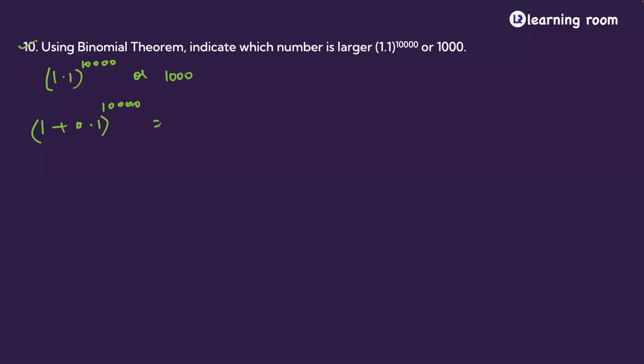So what is going to be the first number? It will be 10,000 C0, right? Plus 10,000 C1, 0.1 raised to the power 1. So what is the next term going to be? It is going to be 10,000 C2, 0.1 raised to the power 2. Other terms I'm not concerned about because 10,000 C0 is going to be 1. 10,000 C1 is 10,000 itself